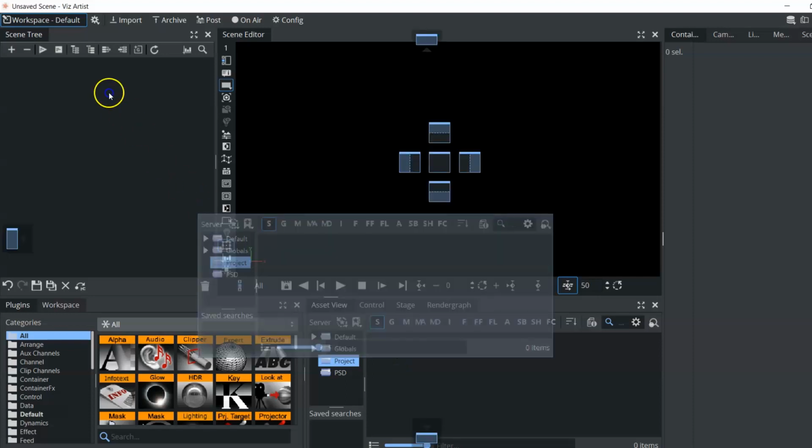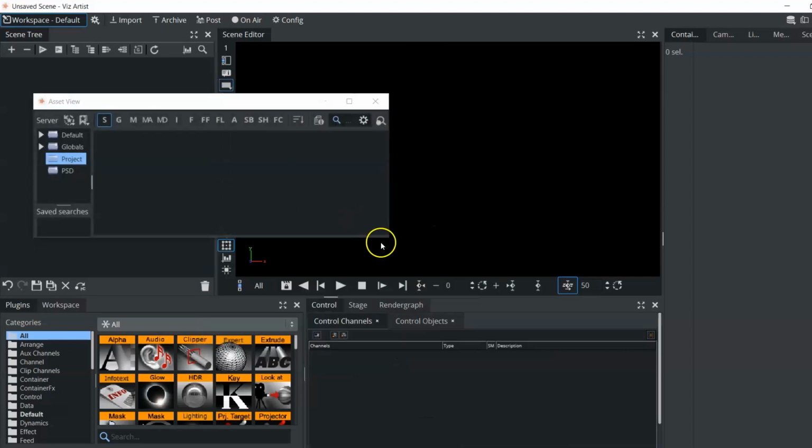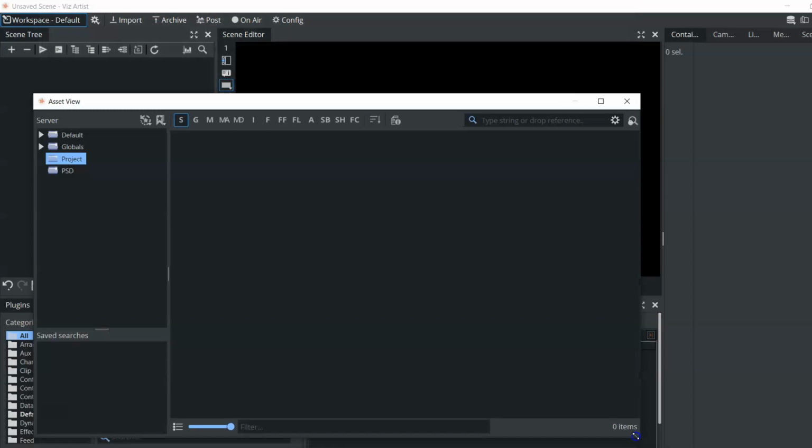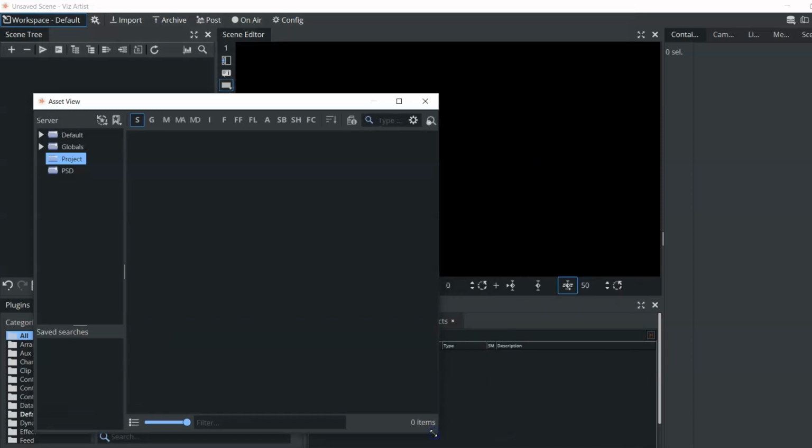Okay, we've covered the asset view. A few more things in here that we want to talk about. So I'm going to take the asset view window and just drag it out here so that we are able to see it a little bit better. What we want to talk about is the server tree, and that's the upper left or farmost left quadrant here